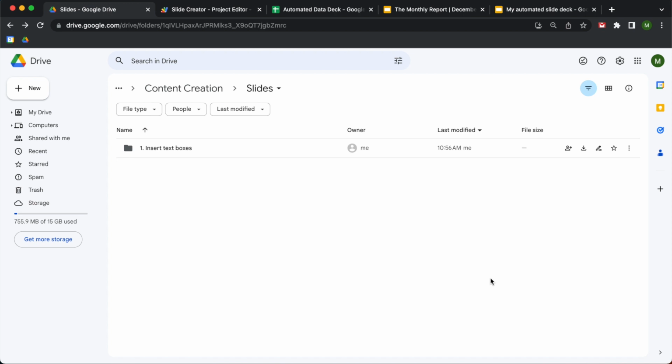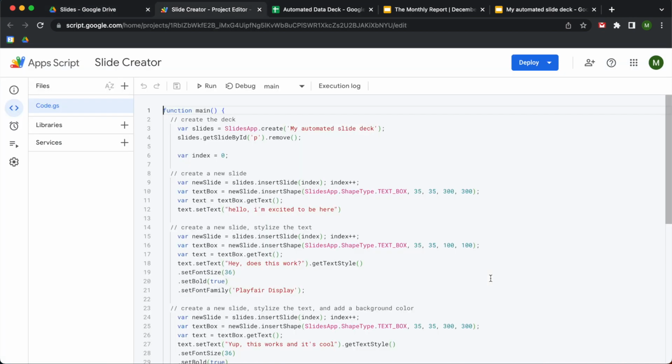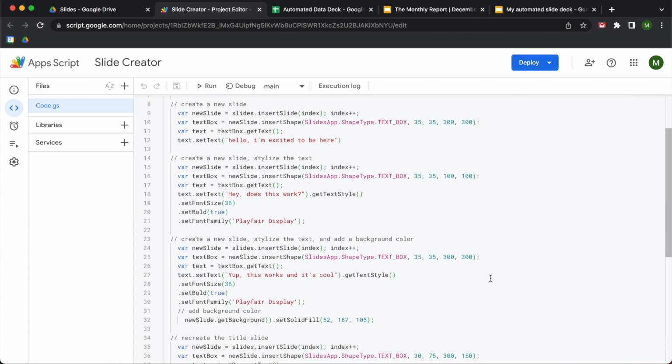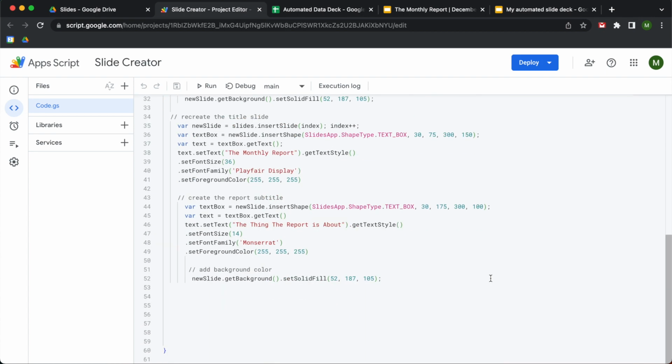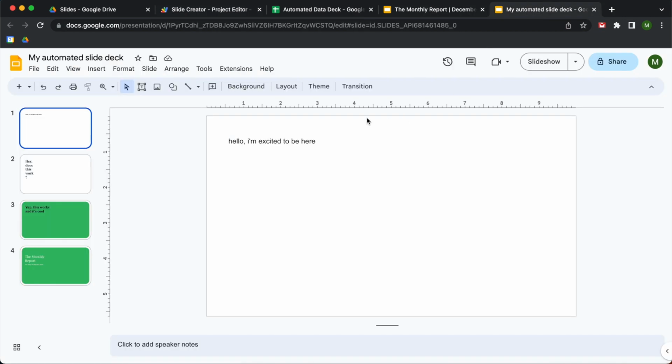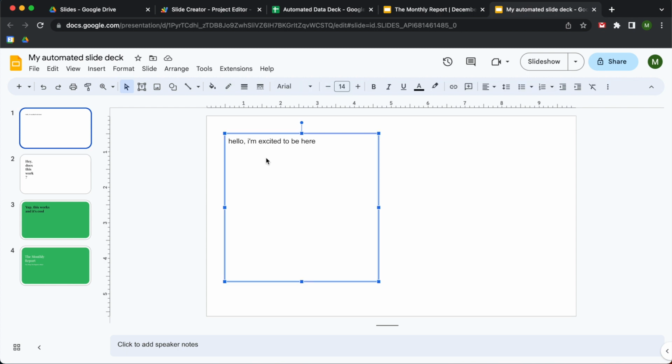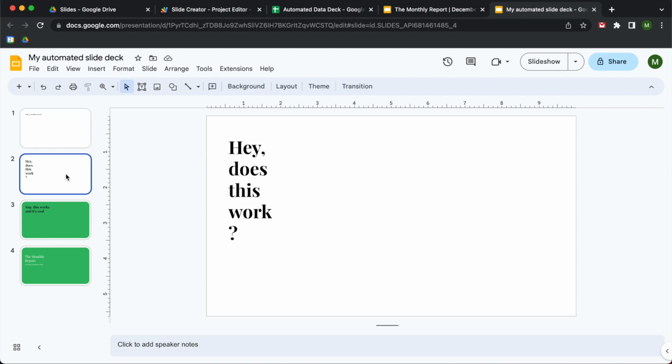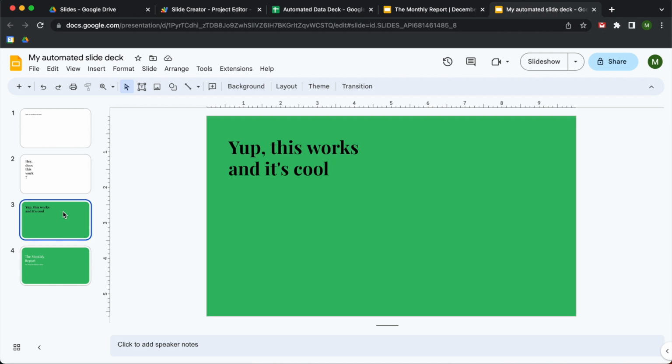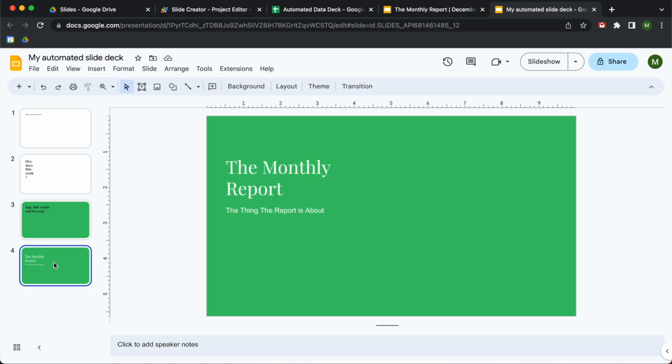So in the first video of this series we learned how to insert text boxes. So we learned how to write this script which resulted in this deck that showed us generally how to create text boxes and insert text, stylize text, set backgrounds, change text colors, and then ultimately we developed the first slide